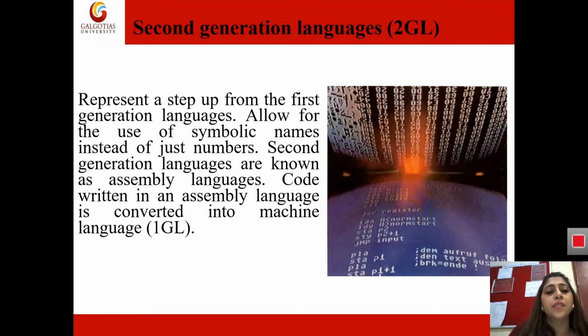In the second generation we used pseudo code, in which some alphabets were included. Say, suppose I want to say READ, then we would have RD, or some other code that could be slightly understood by humans but mainly understood by the machine. But anyhow, we needed a conversion for this also, because a computer can only understand zeros and ones.